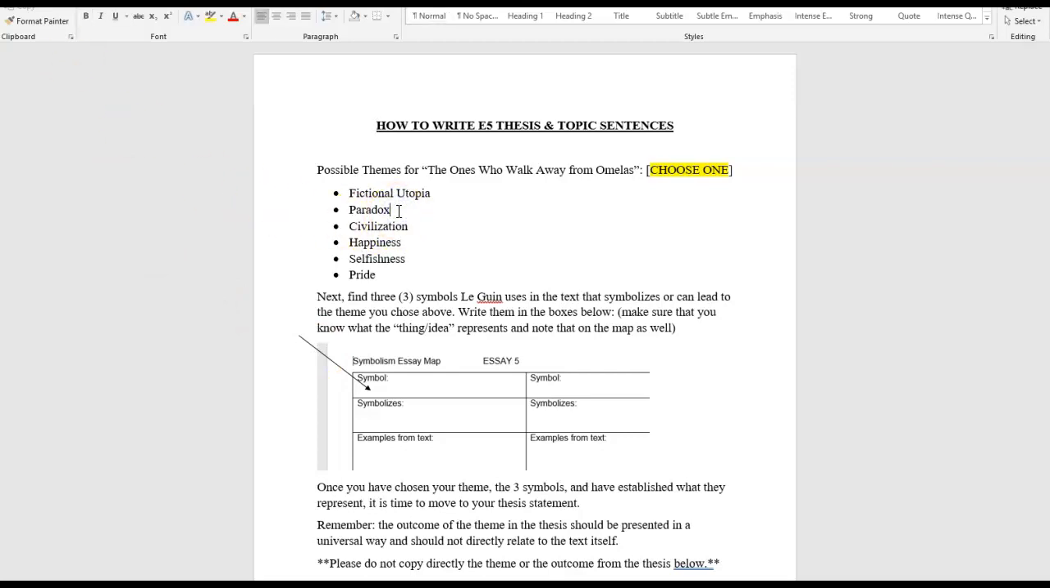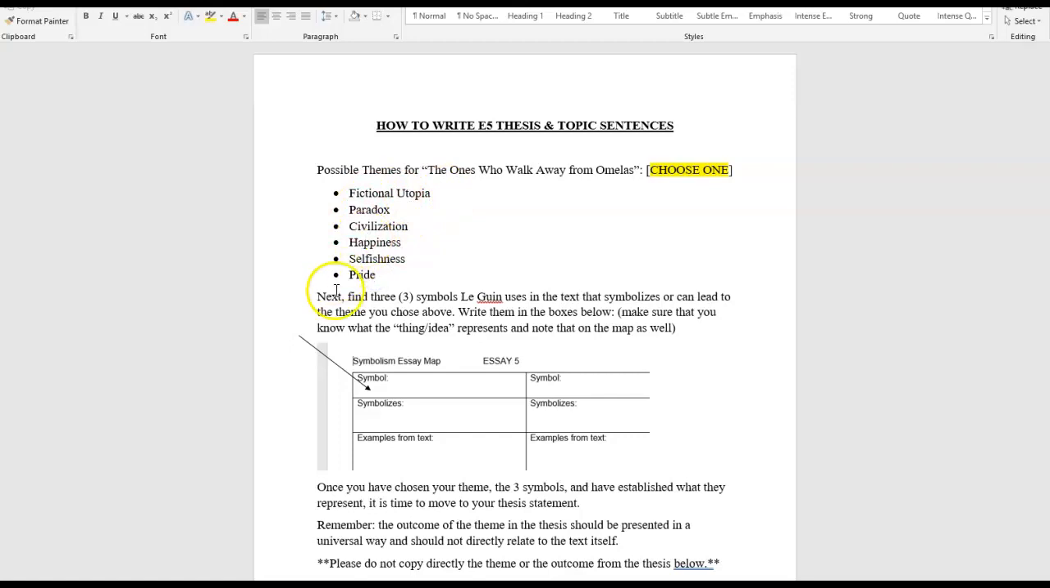Okay, paradox. Paradox is. Civilization. Civilization is. Happiness. Happiness is. Selfishness. Selfishness is. Pride. Pride is. All remember that your paper, the very first word in your paper should be whichever theme you've chosen from this